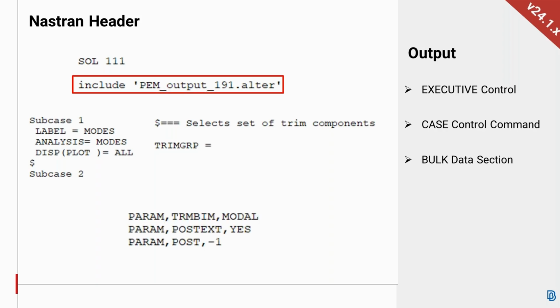And finally, in the bulk data section, these params are needed. The first one is the PARAM POST -1 or -2. It depends on if you want to output the results in global or in basic coordinate system. I think you are all familiar with this. PARAM POSTEXT YES is needed in order to output the full matrices in the OP2 file, and